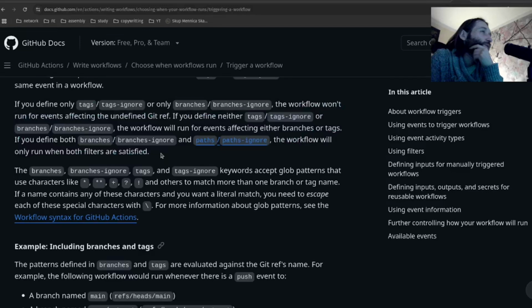That's not that easy to understand, so let's go through it slowly. If you define only tags or only branches, the workflow won't run for events affecting the undefined git ref. If you define neither tags nor branches, the workflow will run for events affecting either branches or tags. If you define both branches-ignore and paths-ignore, the workflow will only run when both